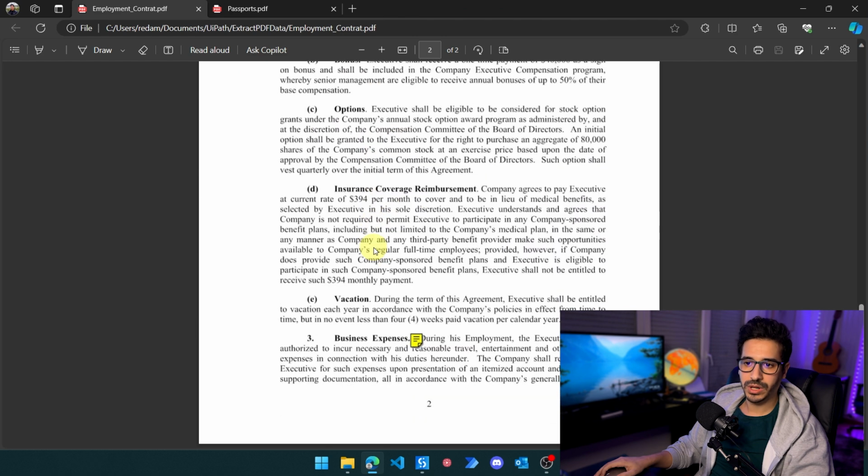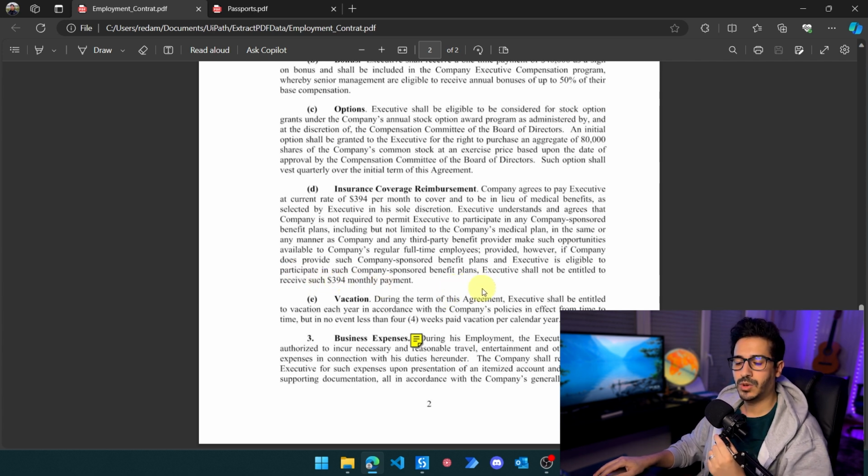Let's see something more complicated. Inside, some information that is not as easily findable. Let's say, for example, insurance coverage. Let's say the company agrees to pay the executive at the current rate, the cover to be in lieu of medical benefits as selected. Okay, so let's say, for example, in which case the executive shall not be entitled to receive the 394 monthly